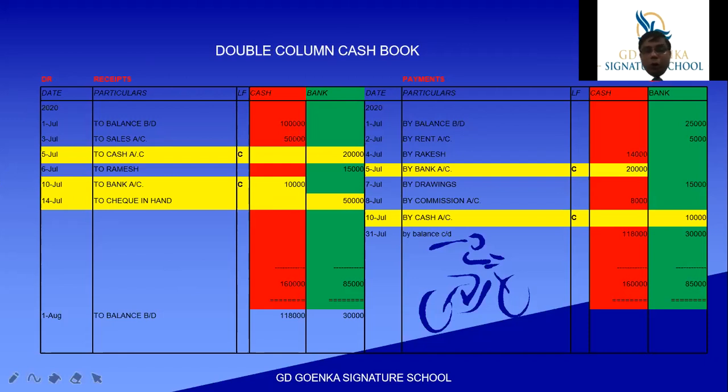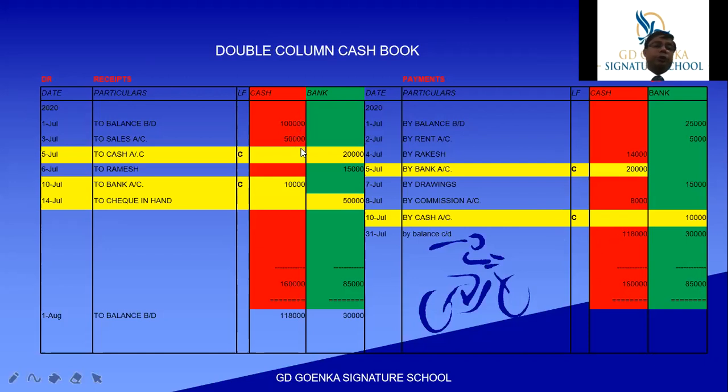After putting all the transactions in the cash book, the next task is to do the balancing of the cash book. And the balancing of the cash book is done in a similar manner like we did in the single column cash book, in the preparation of ledger, but here there are two columns. So it may not be necessary that the balance will come on one side. It may come on one side for cash, on the credit side, but for bank, it may be on the debit side. Here I have done the balancing for you.